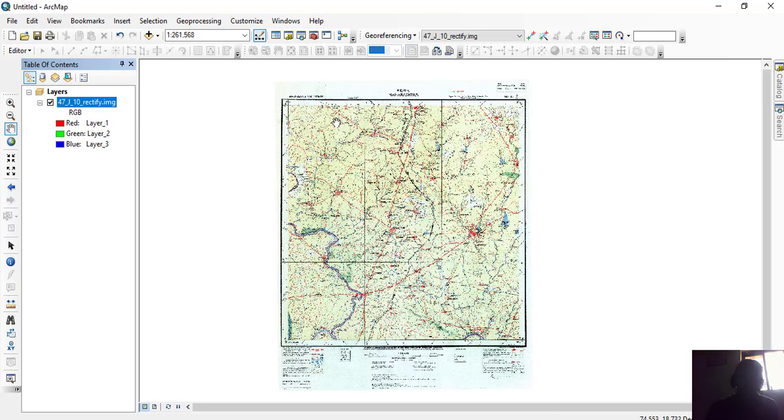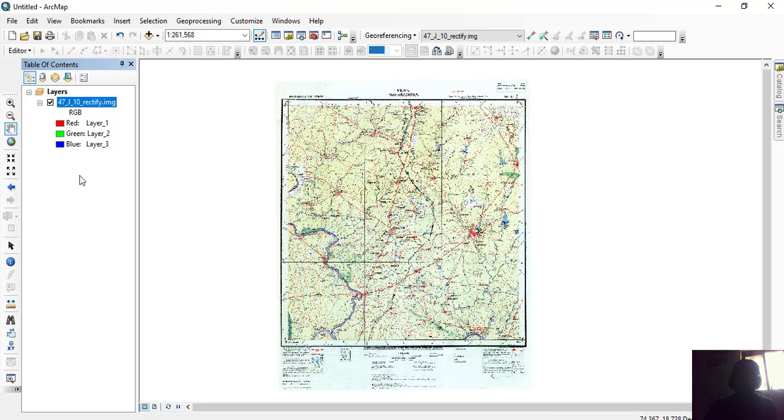We know that there are two types of coordinate system. One is geographic coordinate system and another is projected coordinate system. The difference is that geographic coordinate system deals with degrees of latitude and longitude, and projected coordinate system deals with measurements like feet, meters, kilometers, like this.